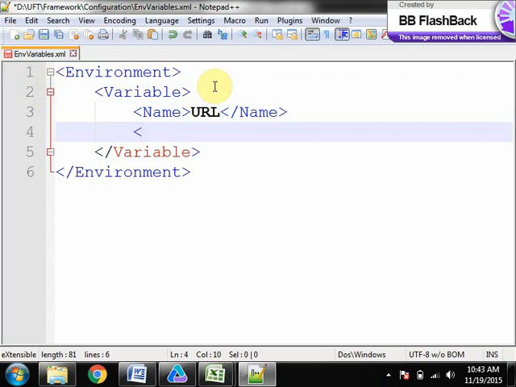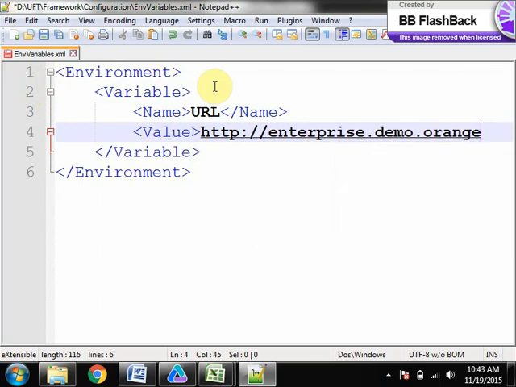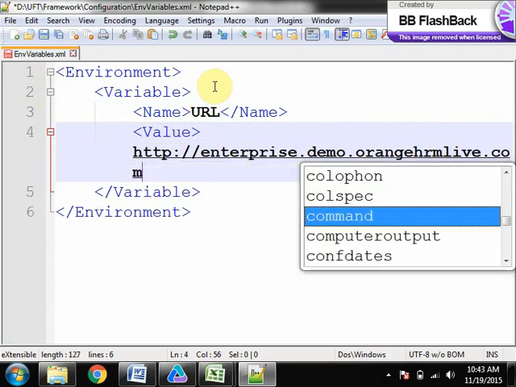Each one is an environment here. Assume enterprise is for dev, professional is QA, and open source is staging. Value is http://enterprise.demo.orangehrmlive.com.